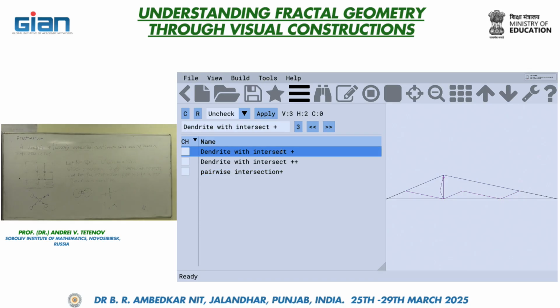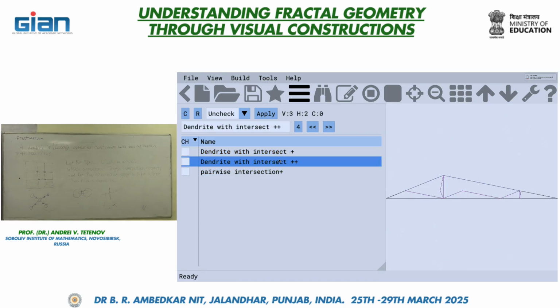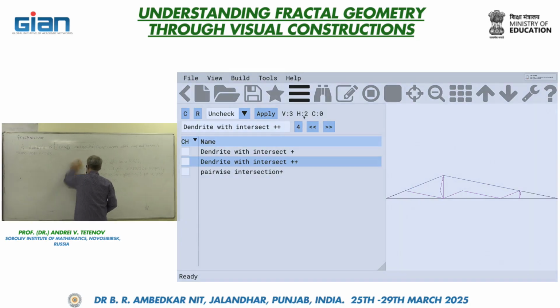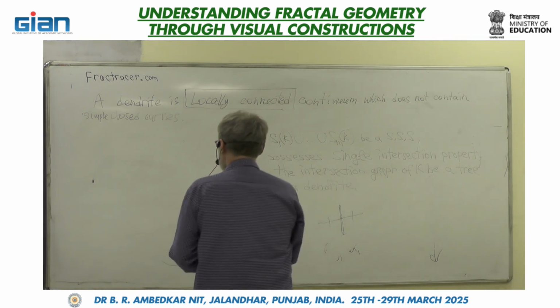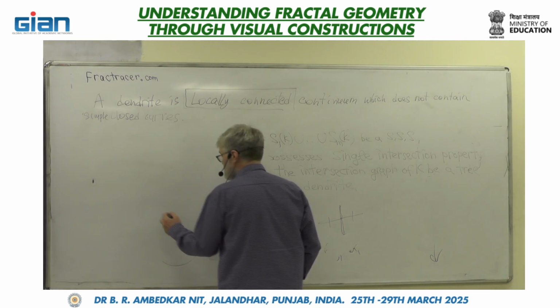And this is also good. So we can intersect them in a tree, but I will explain how to make a dendrite which will intersect in a subdendrite. I cannot find this file in the time which is left to me, therefore I will explain to you how to do this. And we will positively construct such a structure in the closest days.